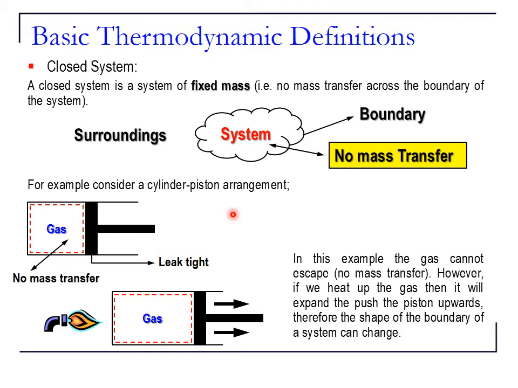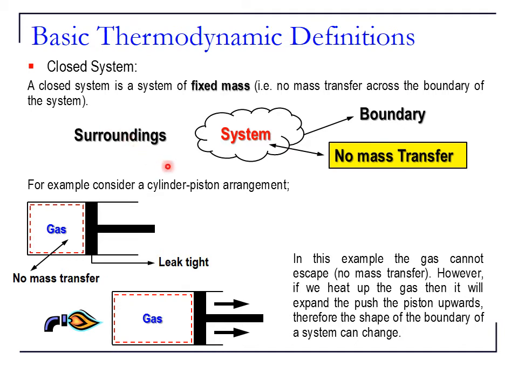So let's have a review about the difference between a closed system and an open system. A closed system basically means that the system is closed and the mass is fixed inside that system. If we think about a boundary, think about an example of a balloon or just a bottle with a sealed cap. Everything is sealed within that boundary, so there's no mass transfer across the boundary of the